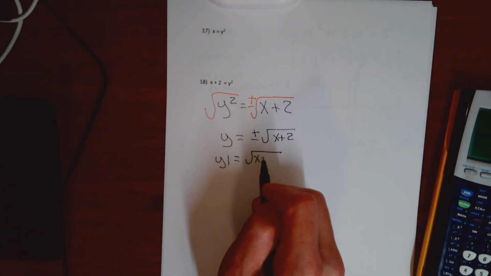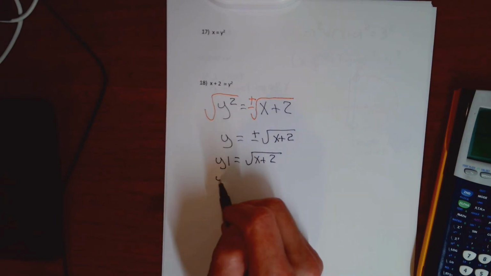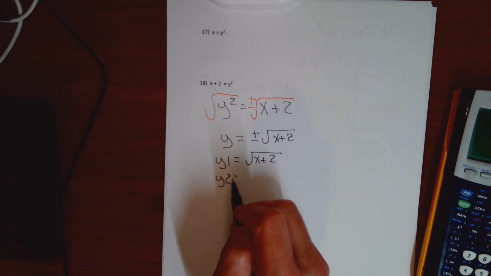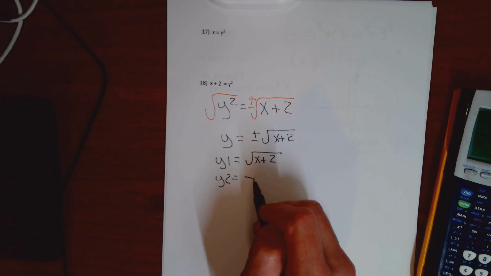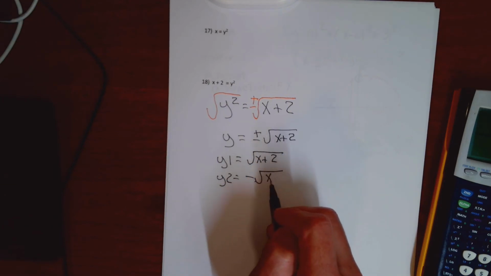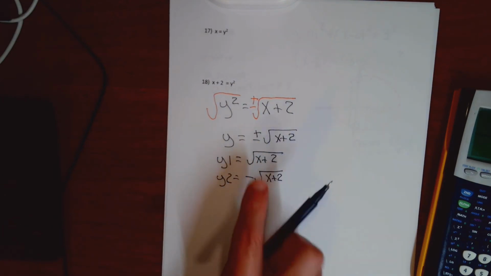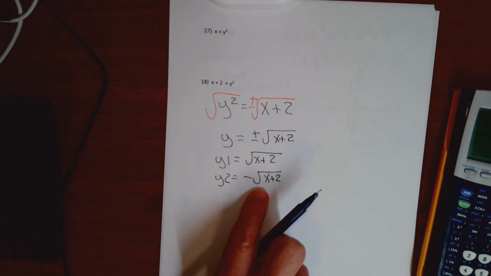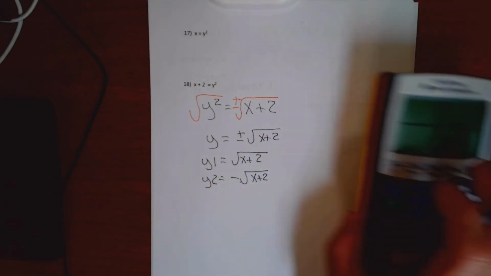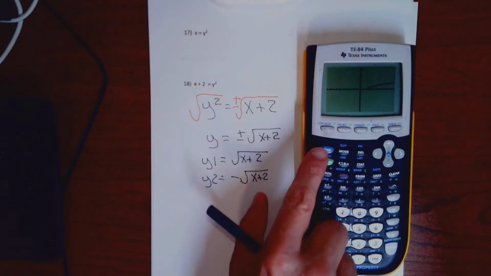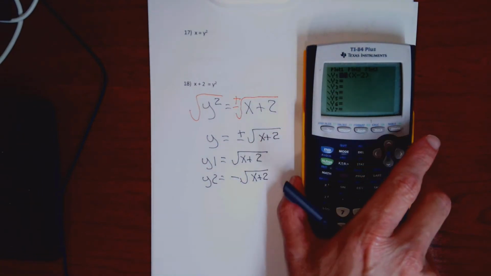One is going to be y1 equals the square root of x plus 2, and the other is going to be y2 equals the negative square root of x plus 2. There's the positive square root of x plus 2, there's the negative square root of x plus 2. On my calculator, hit my y equals,